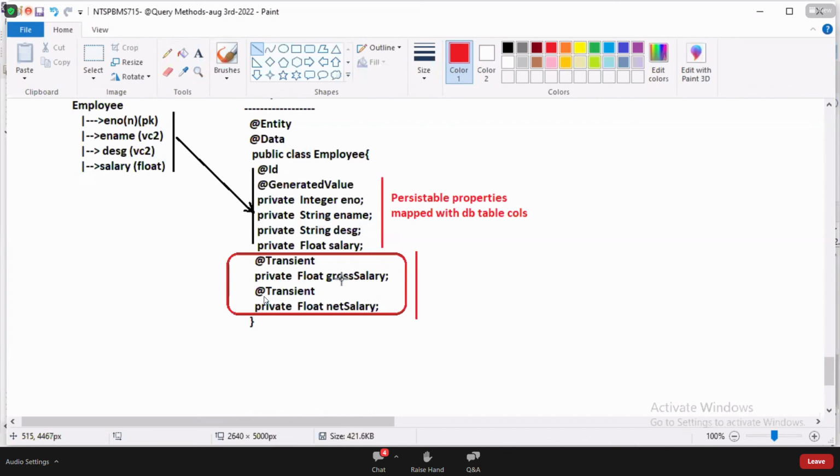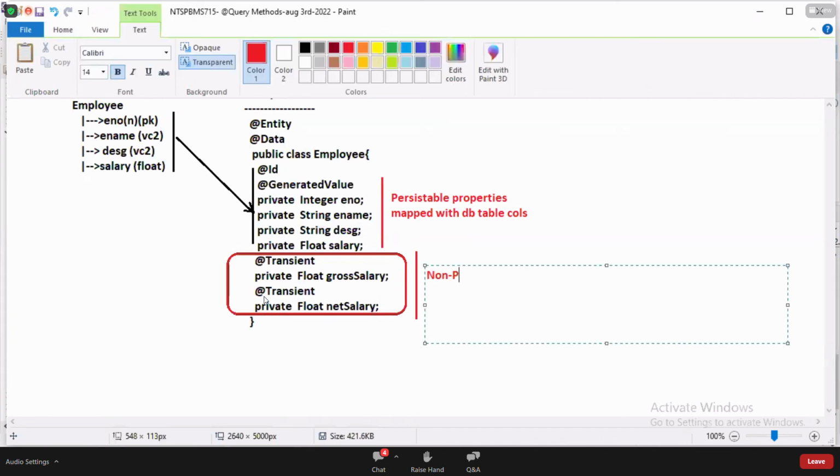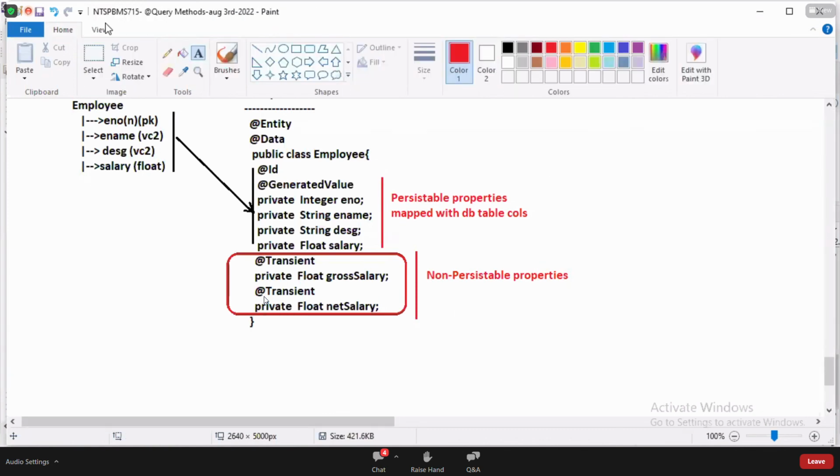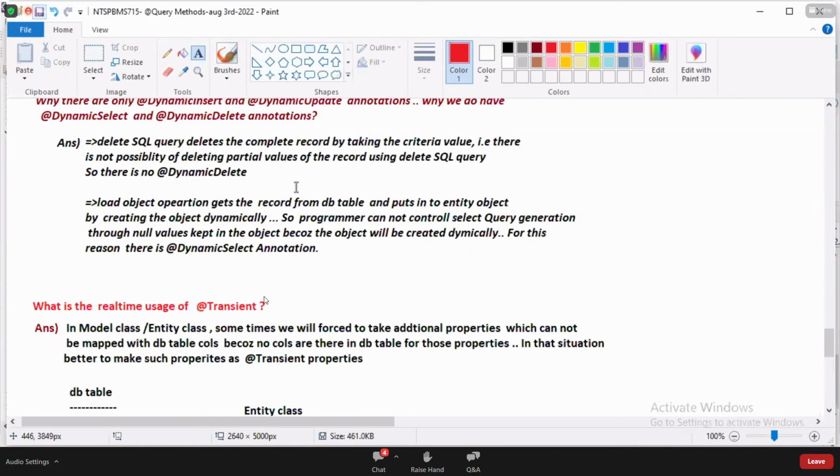Using that salary, we manually calculate gross salary and put it here, and net salary and put it here. We use them in the presentation view layer only to display the data. We don't persist them, we don't save them in the table. Non-persistible property. I think you got it clearly, guys. That is the real-time utilization.